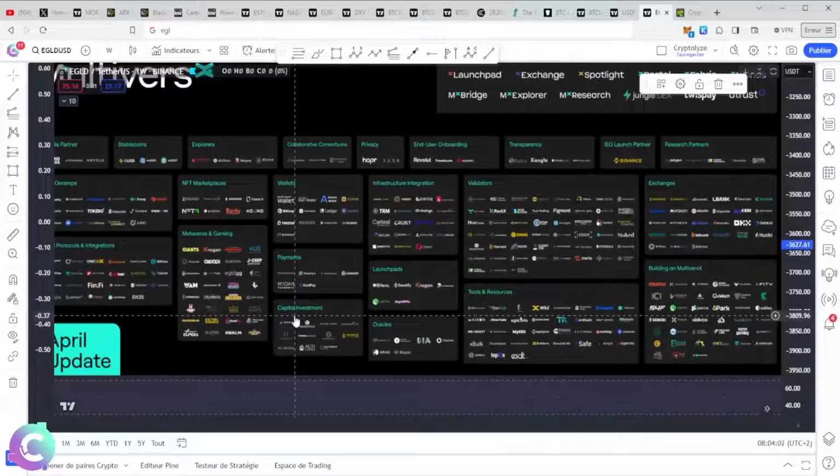We have a lot of decentralized applications which are being built, and which will, in any case, be built on Multiverse because they also have an onboarding approach. It is one of the rare blockchains to have a real onboarding approach. In the sense that through their app and new branding, it actually facilitates access to the blockchain. The user no longer asks himself the question of, hey, I have to have a MetaMask. No, everything is refocused in one place. Here, if I have to go to an application, everything will be centralized in one place through the portal, precisely Multiverse X, to have access to all the applications on it. And it's something that's relatively strong because it once again allows you to get on board.